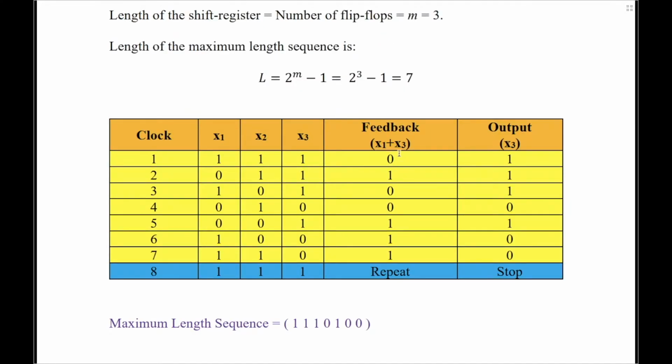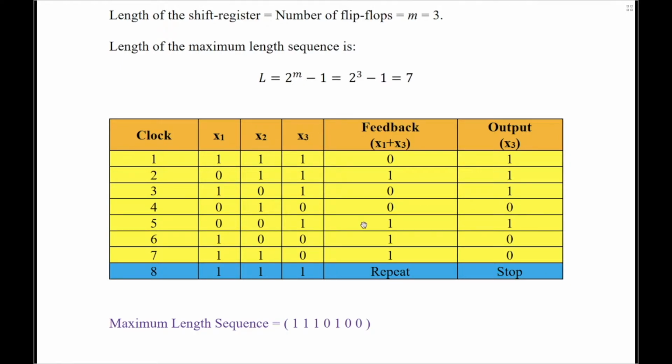Now, in the next step, the feedback will move on to the x1 column and the previous contents of the x1 and x2 columns will move on to x2 and x3 columns. So, this goes here and this will come here and this will come here. Once again, you perform the same operation, that is, compute feedback. 0 plus 1 modulo 2 addition is 1 and the output is x3. For the next clock, which is clock 3, the feedback once again goes here. The previous two contents will appear here. We once again compute feedback. Now it is 1 plus 1 modulo 2 addition, 0, and x3 is given as the output.